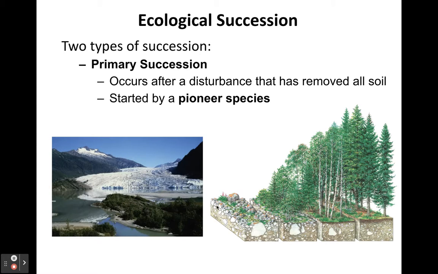And so the first thing that you need in order to begin succession is a pioneer species. What's going to generally happen is spores from fungi or spore-producing plants, or even seeds, will get transported by wind or by birds or other animals into this area and deposited, and they have to be able to grow in conditions where there's very little soil. All right, but once they begin to grow, then they begin to change the ecosystem.